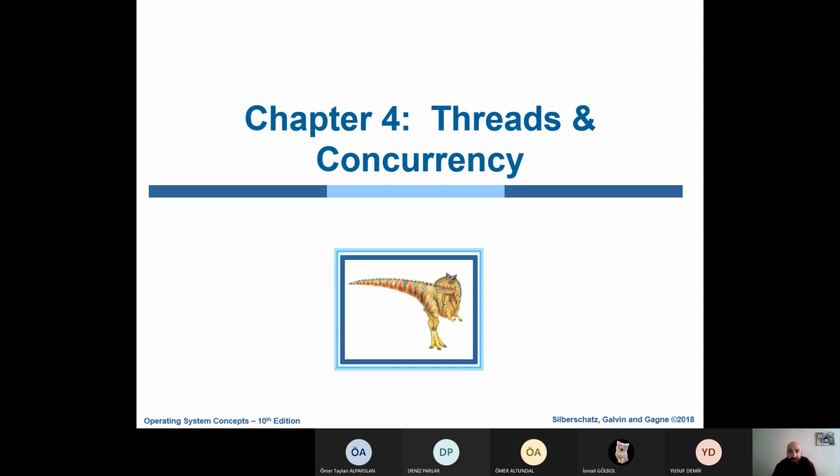Identifying opportunities for parallelism through the use of threads is becoming increasingly important for modern multi-core systems that provide multiple central processing units. In this chapter, we're going to introduce many new concepts as well as challenges associated with multi-threaded computer systems.